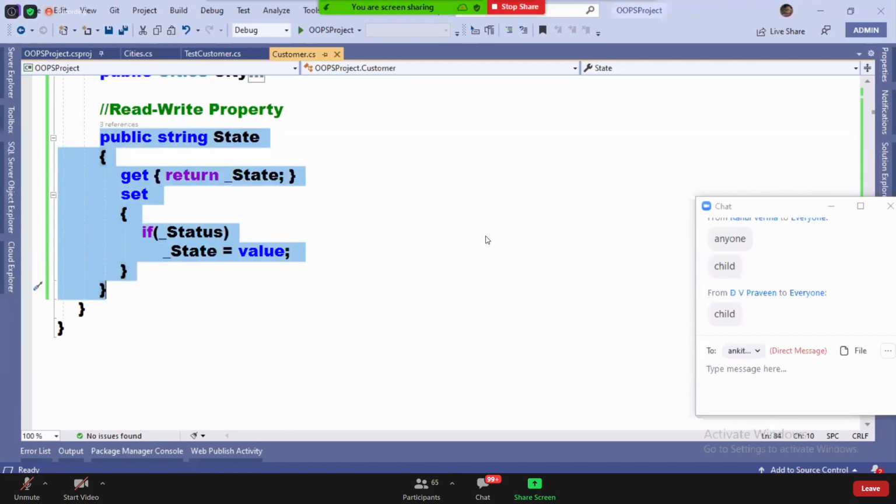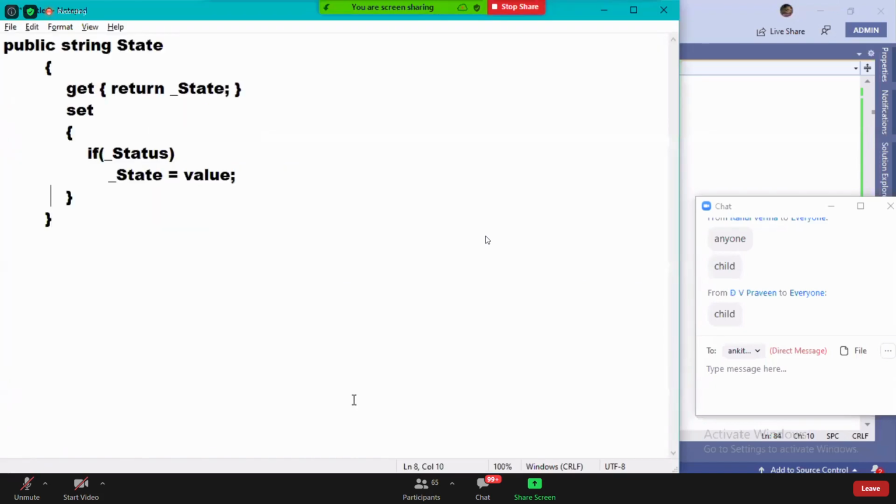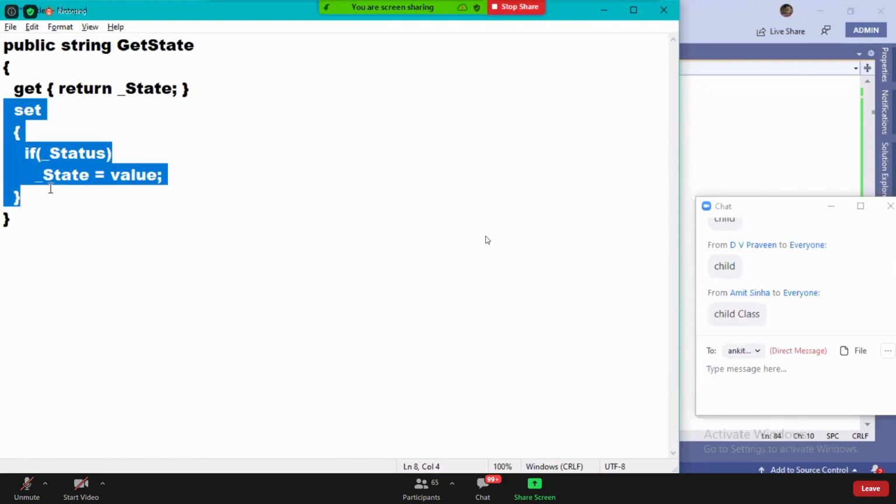In the earlier days, guys, when we had these types of requirements, we used to define two separate properties like this. Public string GetState is one property, a read-only property.